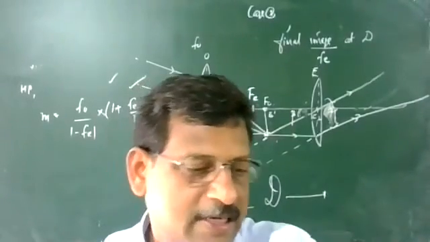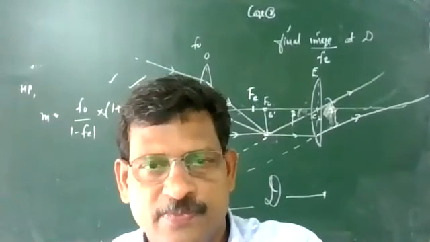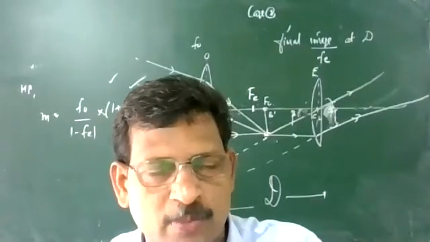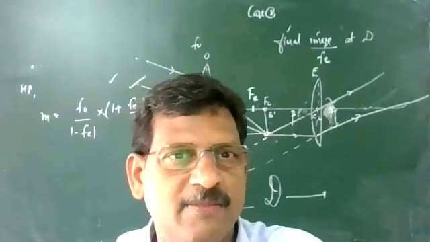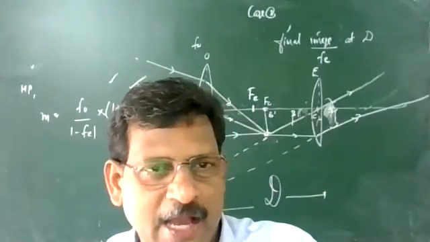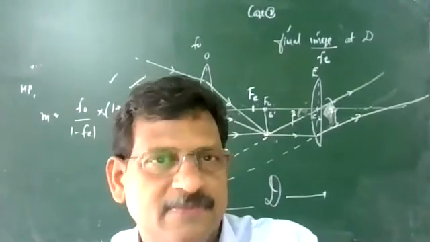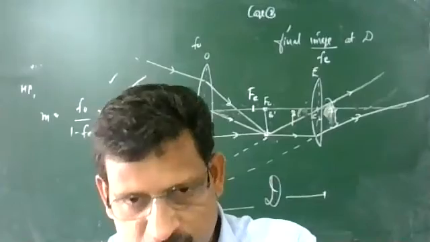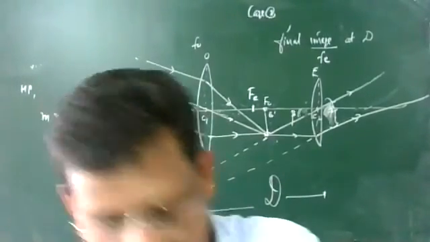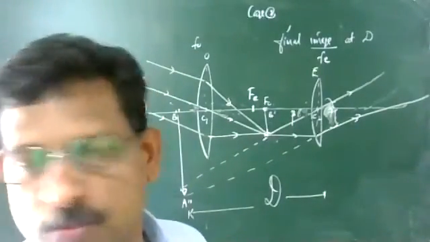This is a kind of aberration problem, a defect taking place in lenses. And its resolving power is comparatively less. Resolving power means you are observing stars that are very close by; you have to see them separately in magnified form. So the resolving power is comparatively less in this case. And the intensity of the image is comparatively less. So that is why we are going to make an improvement over this. The improvement is in the form of the reflecting type telescope. So next is the reflecting type telescope.